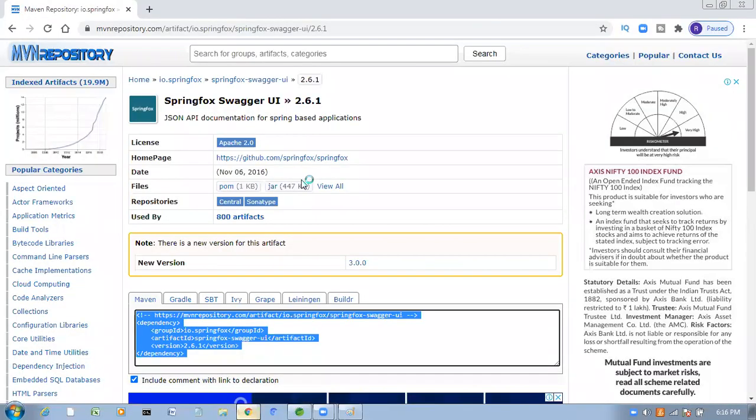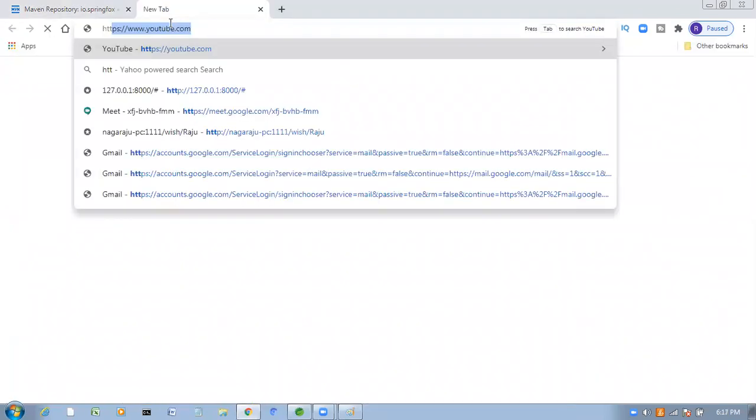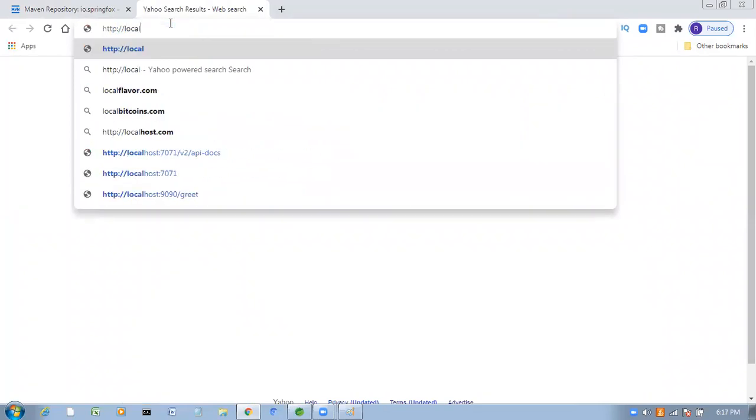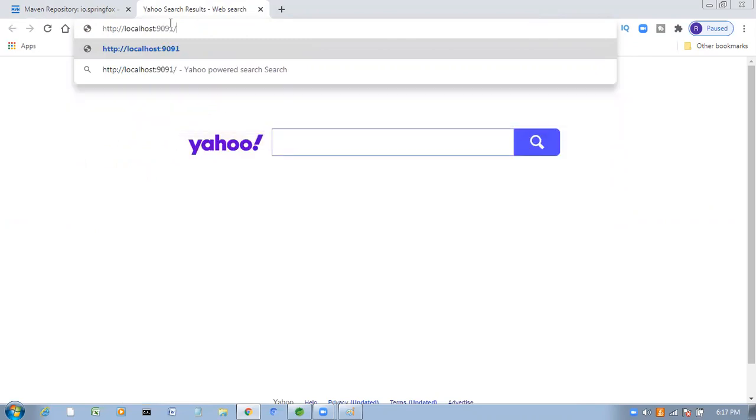Now go to the browser. Here I am going to take http://localhost:9091.